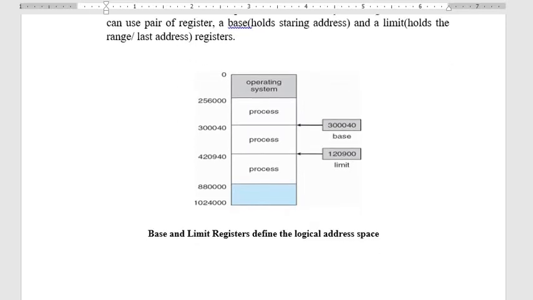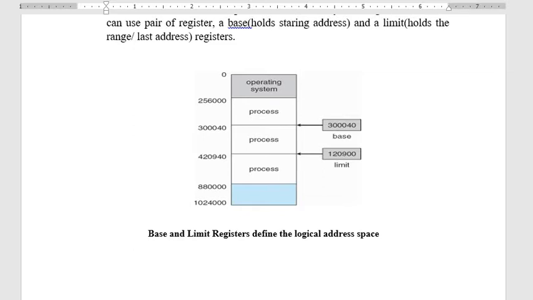In this you can see a small description of everything we just discussed. Assume this is the memory snapshot of the computer system, in which a portion of the physical memory is dedicated to the operating system, which is permanently stored there. And there is a user space where you can accommodate multiple processes. Here we have three processes loaded into the main memory. And here we have two registers, the base holding the starting address of process 2 and the limit holding the last address of process 2.